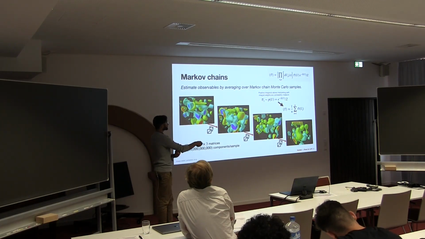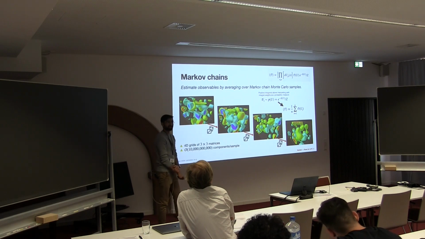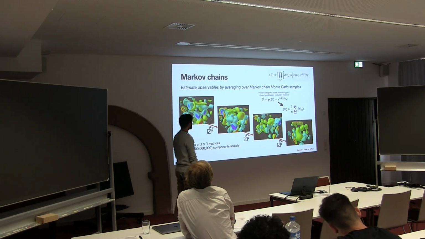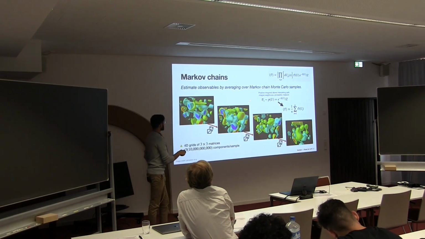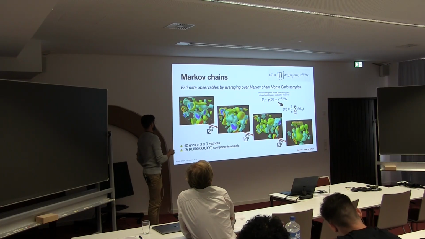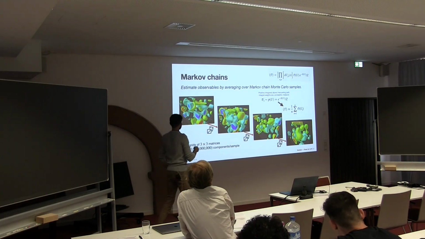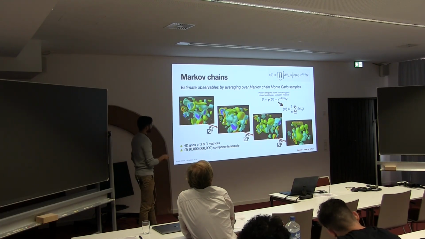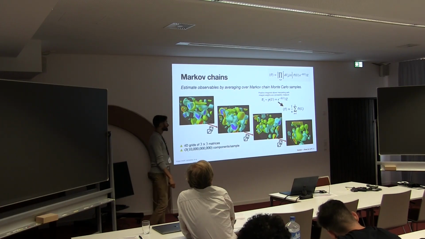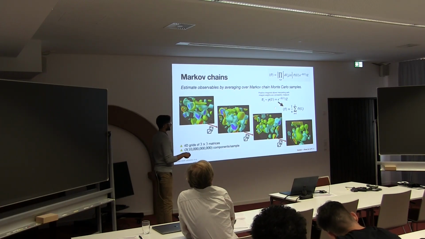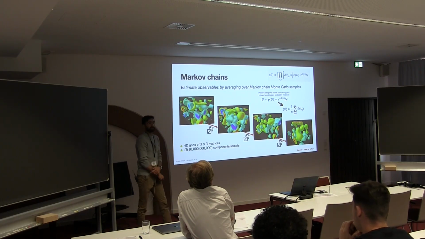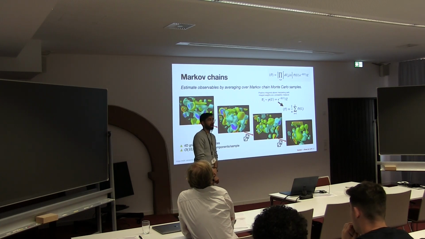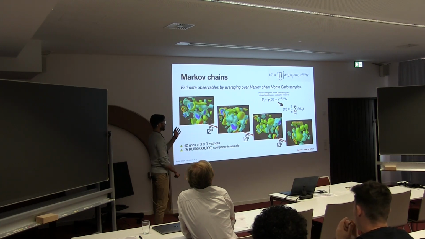Now, of course, drawing these samples, that's potentially a challenging problem. That's kind of at the heart of the motivation for this area. And the traditional approach to this is to use Markov chains. So the idea there being we start from some arbitrary field configuration. Maybe this is some gauge field. This is a visualization of the topological charge density in this case. And I apply a series of stochastic transformations to that field that are designed to equilibrate to a distribution that is exactly as such, e to the minus action. And I think probably Jakob will say a lot more about how we actually design these Markov chain simulations,